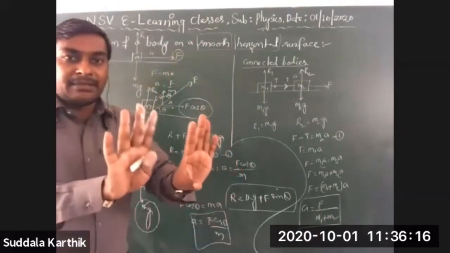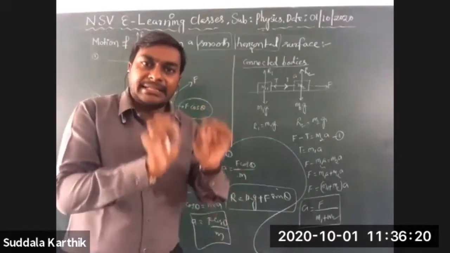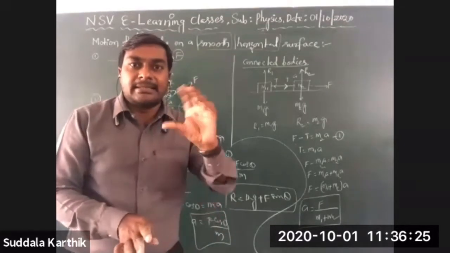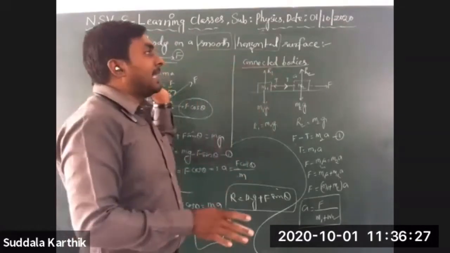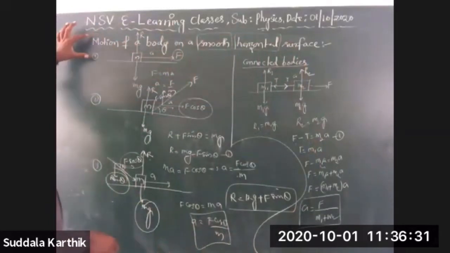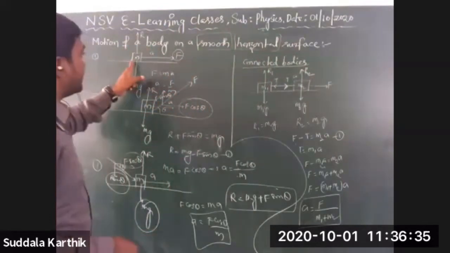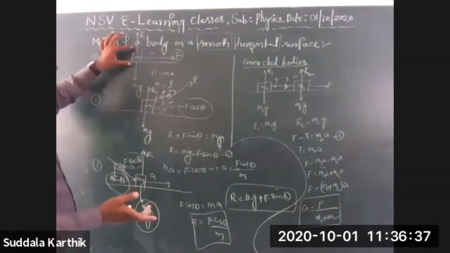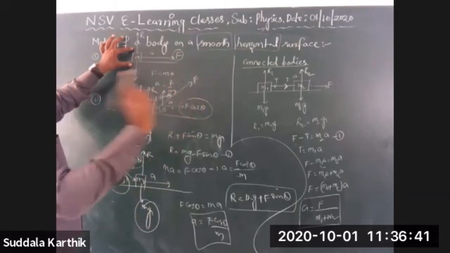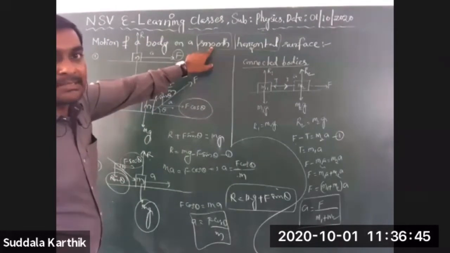Right? Again I am giving some conclusion. Please listen clearly. It is very easy, very interesting, but a little bit confusing. To avoid that confusion, I am again giving some discussion. Just the motion of a body on a smooth horizontal surface. One body is there. Whatever it is, if any body is there, just horizontal motion. We are discussing the horizontal motion on a frictionless surface, a smooth surface.